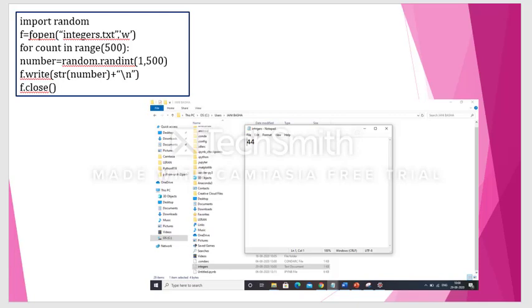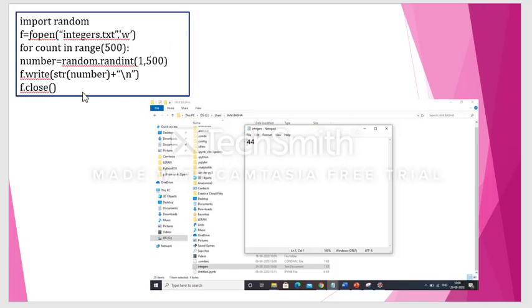Now the main task is I need to convert this random number into a string. We convert it into a string and then write it into the file. Sir, why can't we write it without converting into a string? Because a text file will accept only string values. It will not accept any integer values or float values. So that's why we are converting the number.